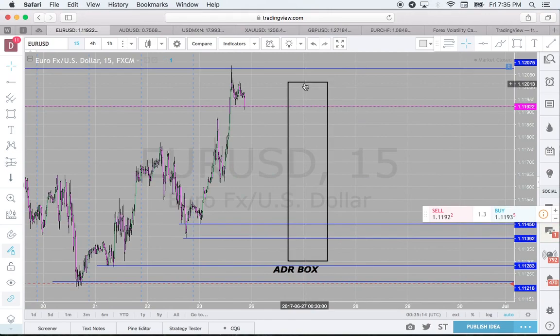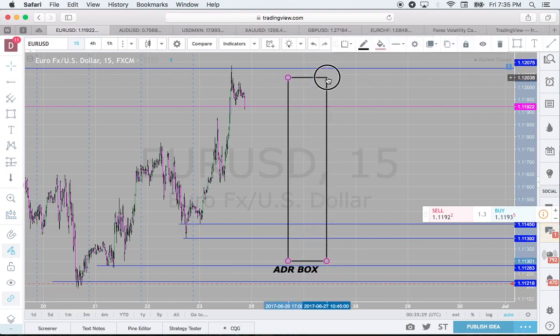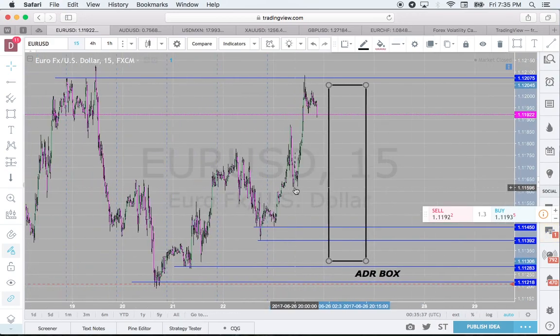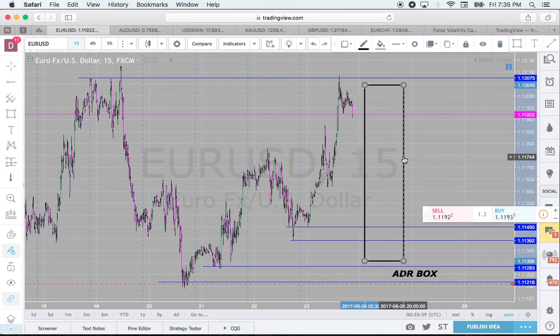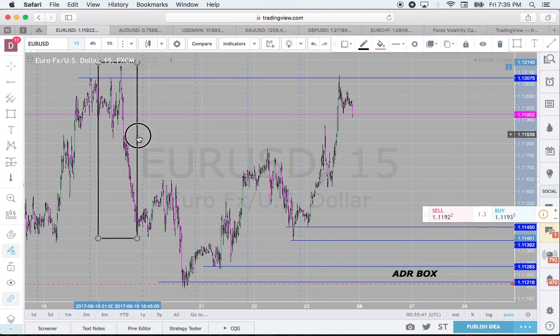Now, I have created a small box. Well, this is 74 pips. So, my box is now 74 pips. The ADR box, average daily range. We are going to use this box to see each day